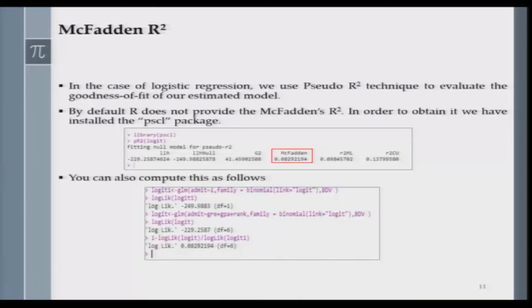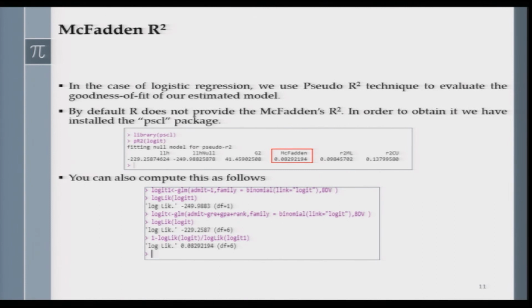If you now run these two logit models, you are going to get two different log likelihood values, and then you can compare them and derive McFadden R square by computing a few things in R environment. So, you do not need that PSCL package to help you. In the second box of this slide I am showing you how you can compute the McFadden R square.